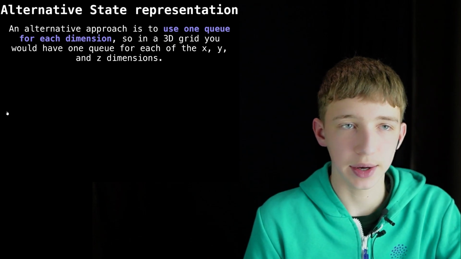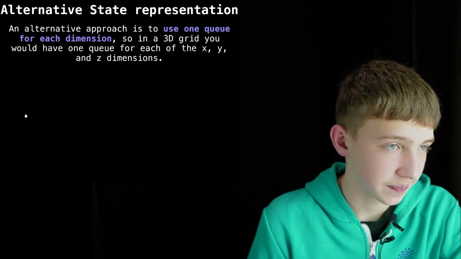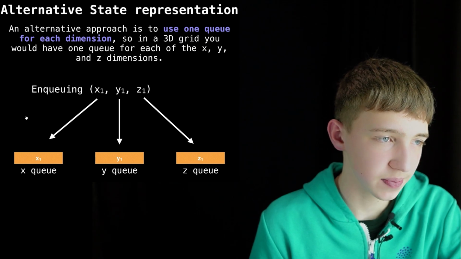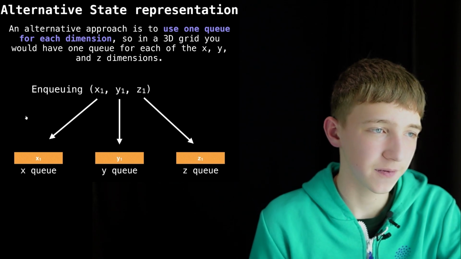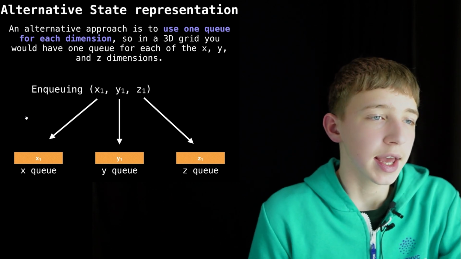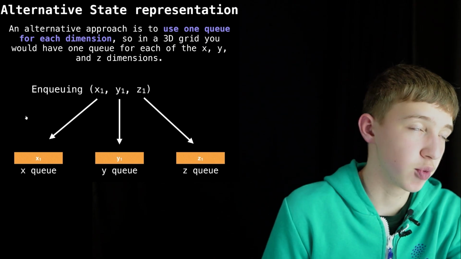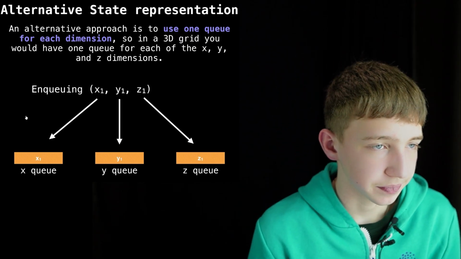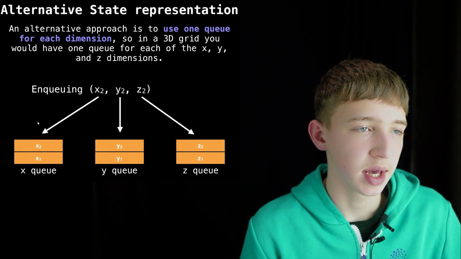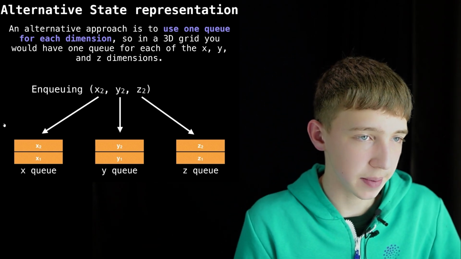We want to enqueue the current position x, y, z, and we enqueue each dimension to its own queue: x queue, y queue, and z queue. So we could simply place each coordinate in its respective queue in this way. And to enqueue another position, we simply keep filling the queues in this way,